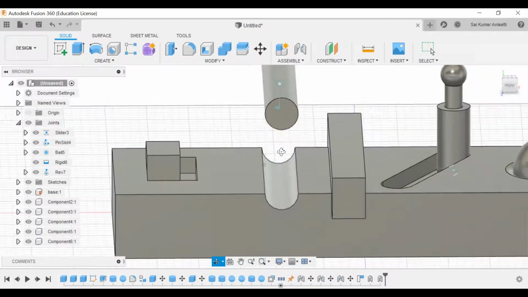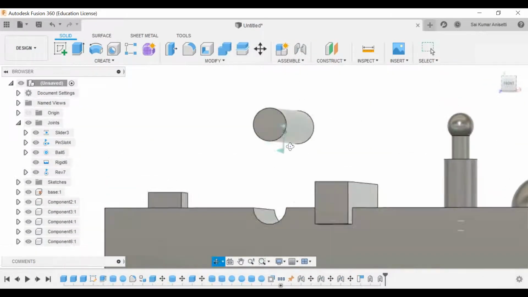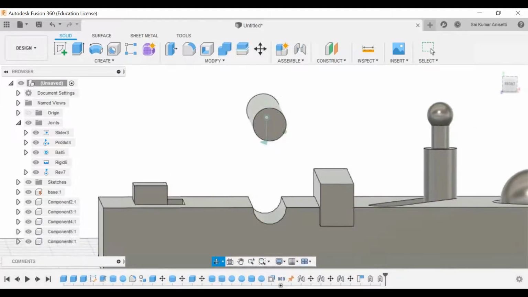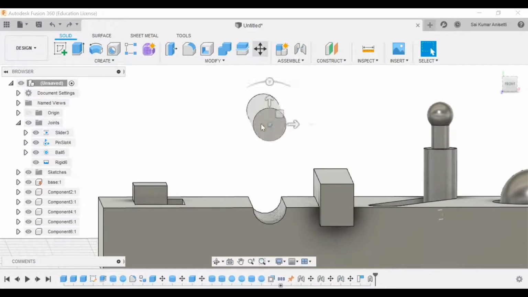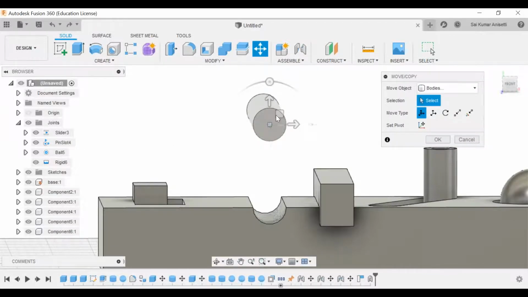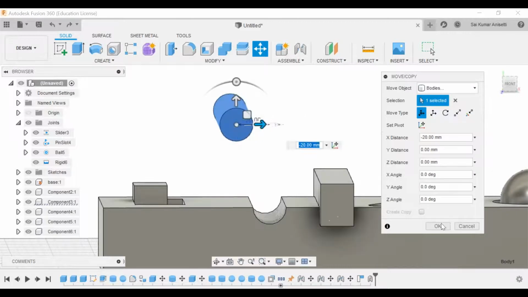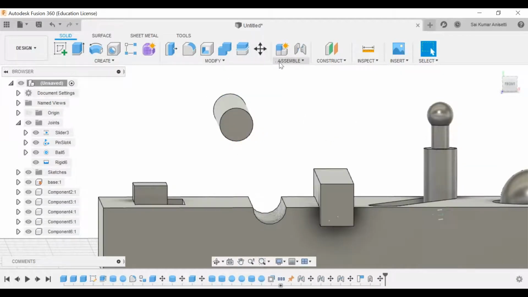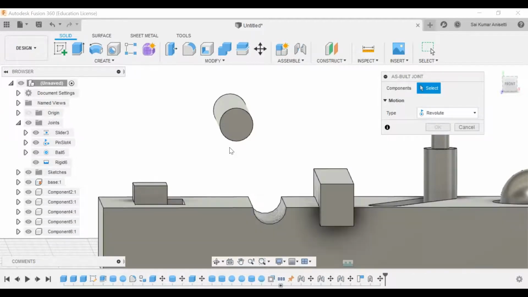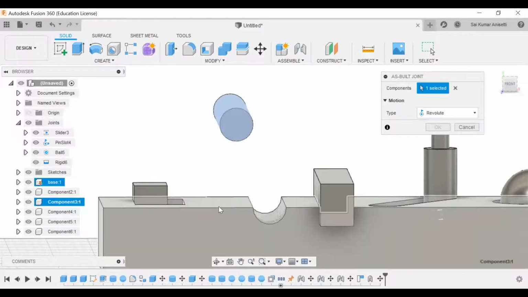As-built joint can actually throw you an error. Like if I move my component over here and I click OK, now let me create this as-built joint. For the same, I'll select the first component and the second component.